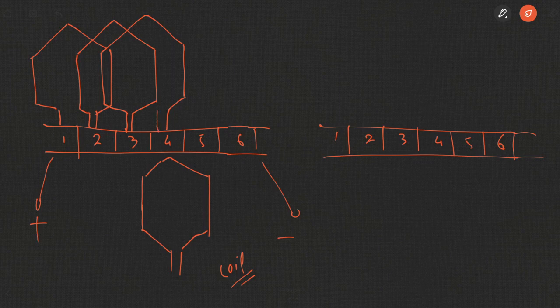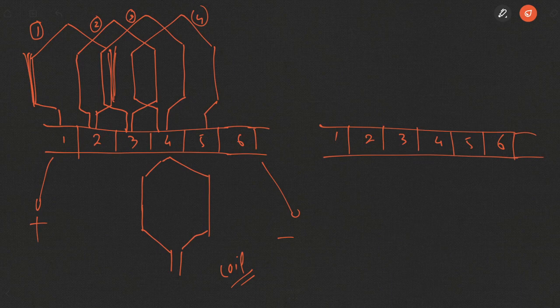These coils are connected in this fashion, where the starting end of one coil is connected to commutator segment 1 and its ending is connected to commutator segment 2, and from there another coil starts. These are the coils that I will number here. This is one coil, this is your second coil, this is your third coil. Each coil now has two turns. This is referred to as a turn here. One coil side, you can also call this a coil side, is connected to commutator segment 1, another coil side is connected to commutator segment 2, and